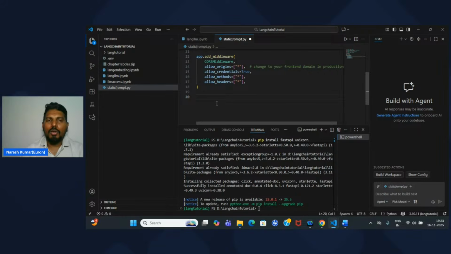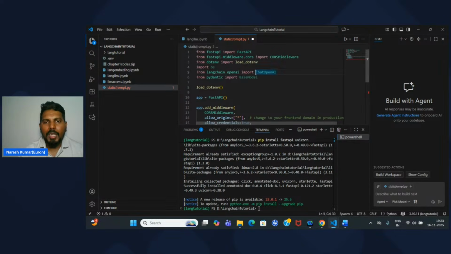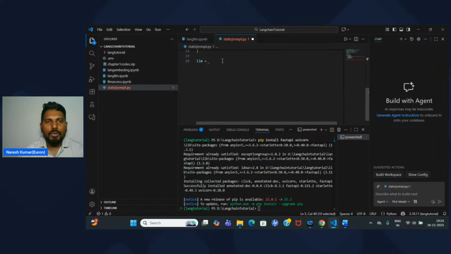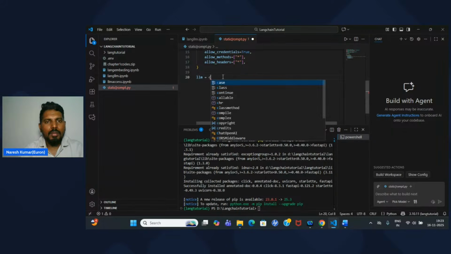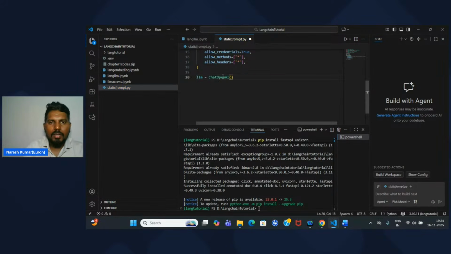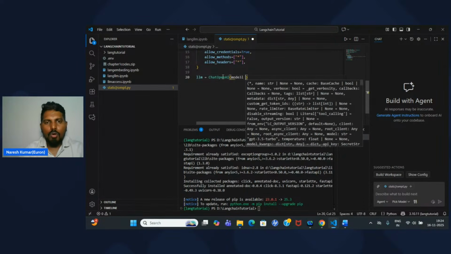Once this is done, we have to create our model. So for that, I will quickly create a model. This time I'll call the model variable llm, equals to, which model? ChatOpenAI, which we have already imported. So we have to use the same class for creating the model. Let me create that quickly. Inside ChatOpenAI we have to pass a model. Model is equals to,